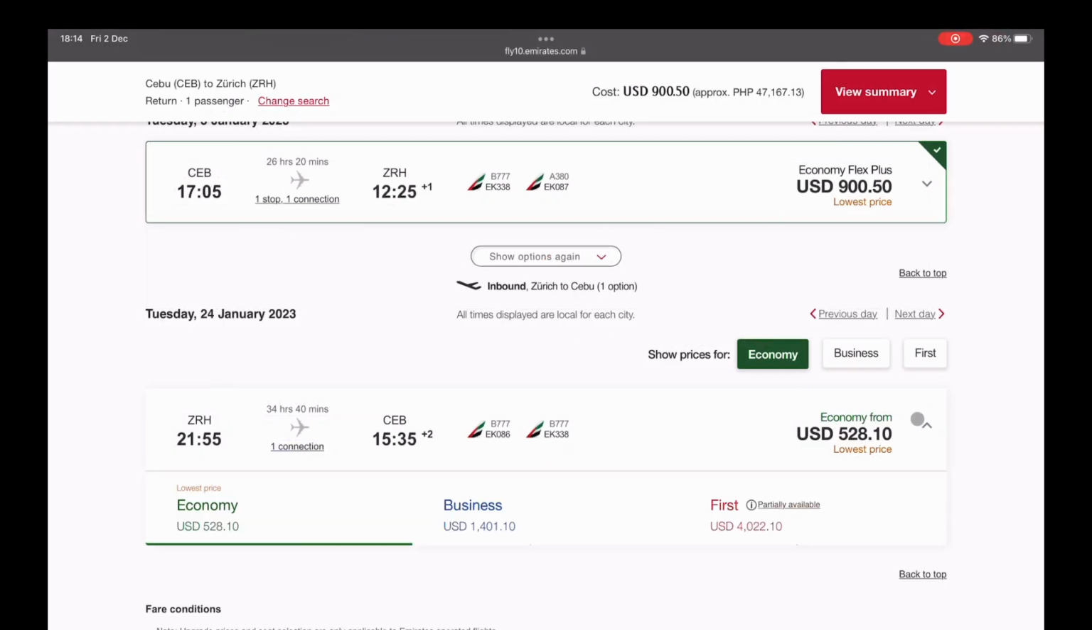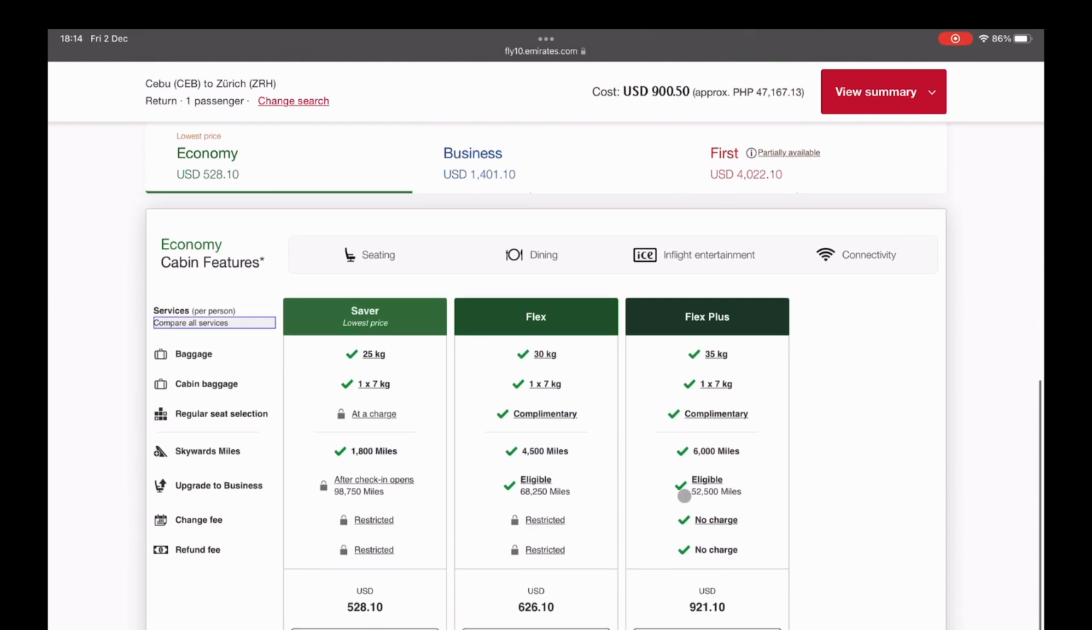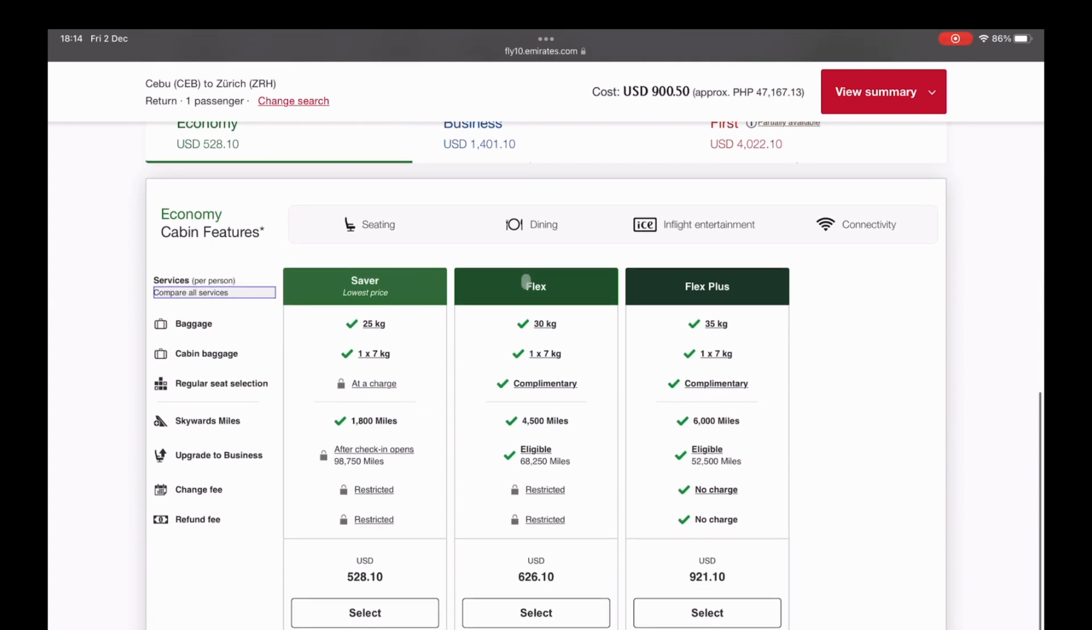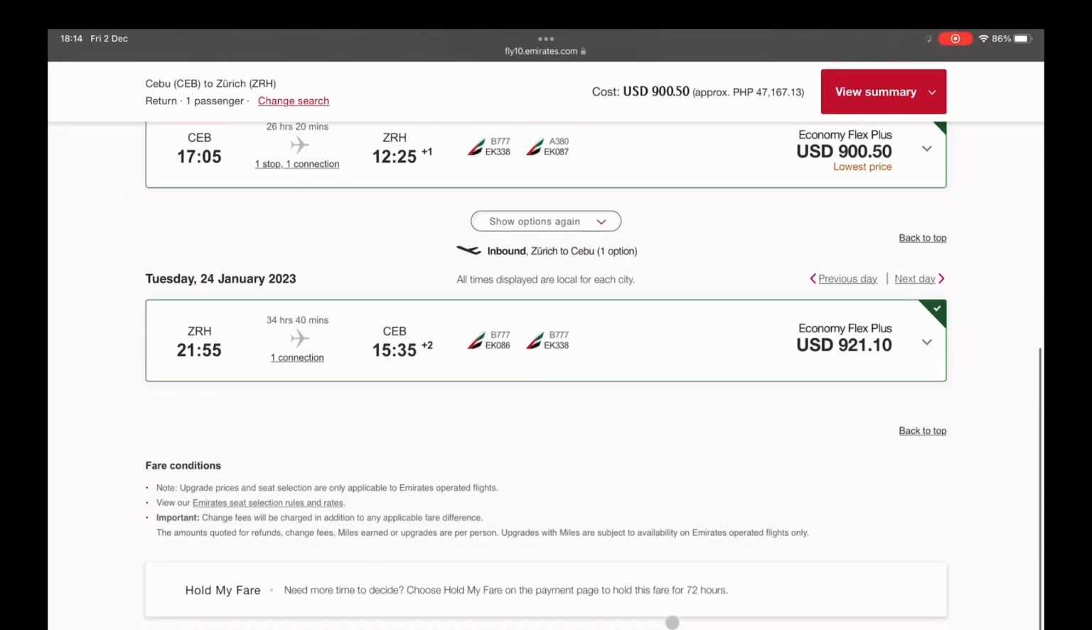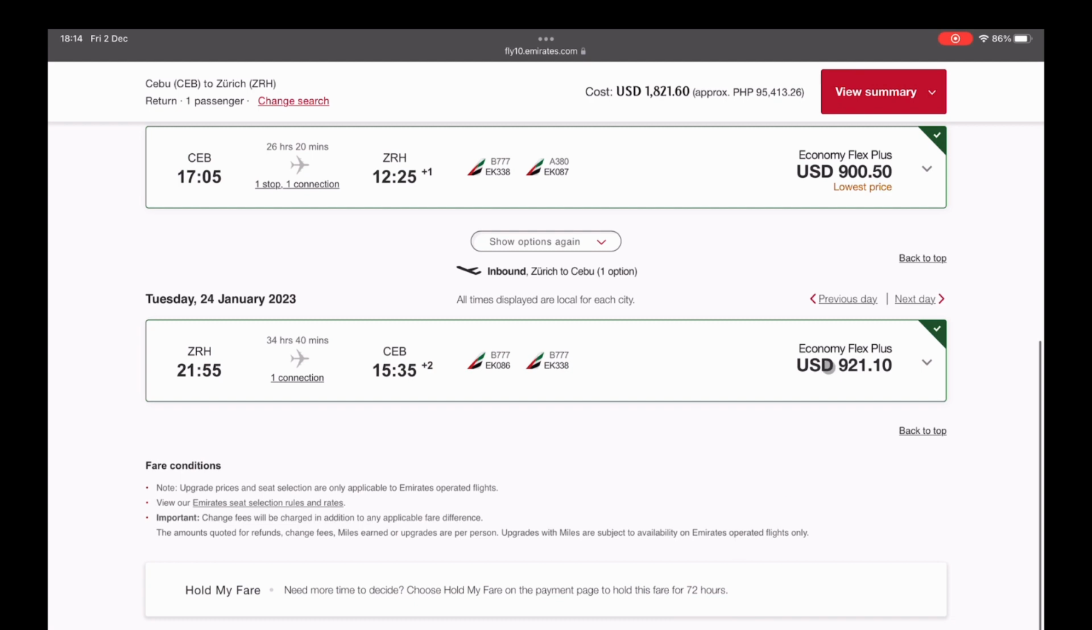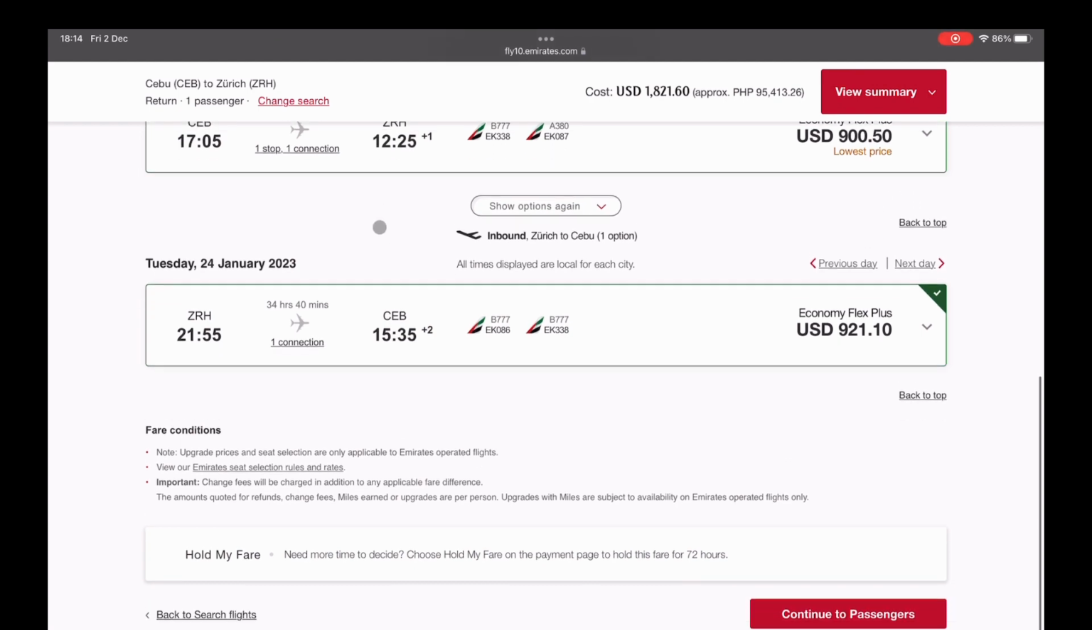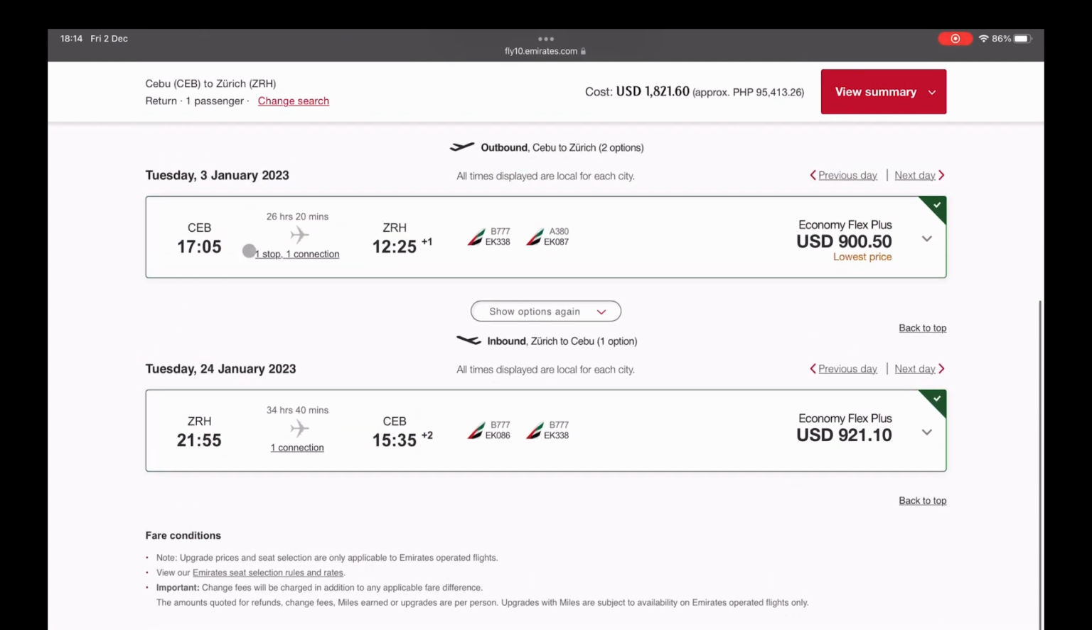Choose this one, and again there will be options: saver, flex, and flex plus. As you can see, they all have their restrictions. Let's go for flex plus. So here we go. These are the flights that you chose from Cebu to Zurich and then Zurich to Cebu. You can also check here the summary